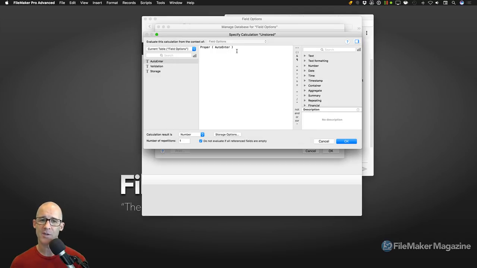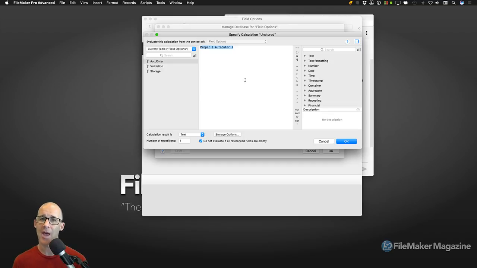But what's the difference between doing this right here and having a calculation result of text, as opposed to just creating a text field and using an auto-enter calculation? That's the question that HBH group just asked. Well, the difference is that if you use the auto-enter, you're not going to pay the performance penalty over the long haul of the number of unstored calculations that you accumulate, because each unstored FileMaker calculation means that you are telling FileMaker